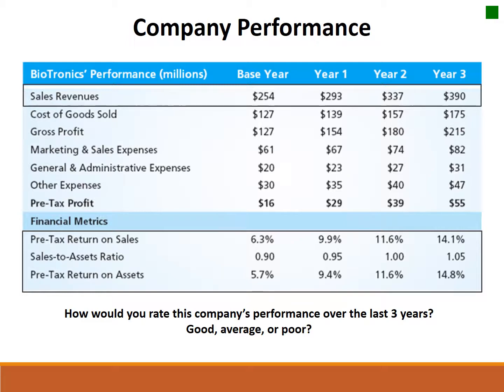We also have some positive or seemingly positive numbers and metrics as they relate to the ratios that we would look at. Sales to assets, pre-tax return on sales moving up, and the efficiency and effectiveness that we're able to use our assets and in return as well are all going up. So it would seem as though there's some positive things happening with this particular company